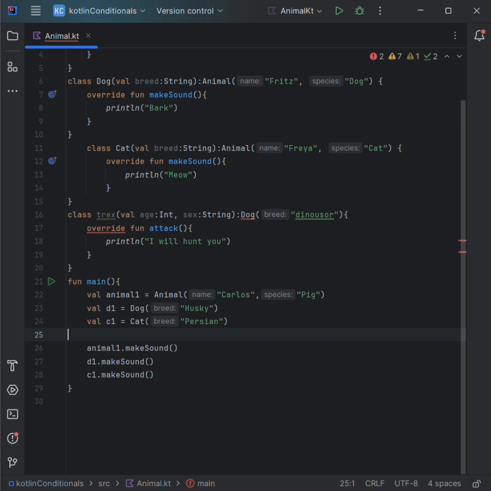To do that, we just use again the same annotation but with the Dog class. Then we put the open keyword in the class Dog and we create another function to be inherited by the class T-Rex.